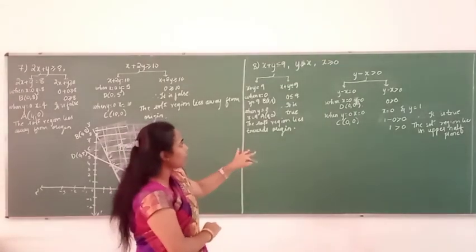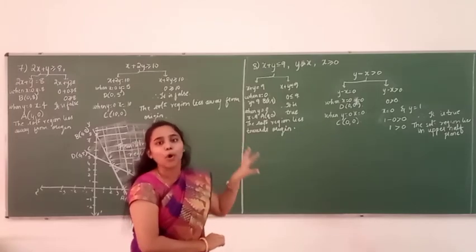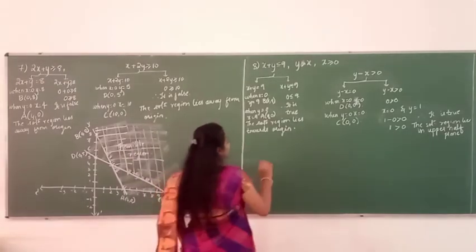Even you can write the third point as when x is greater than or equal to 0, the solution region includes all the points on the line. Right? Now let us draw the graph.